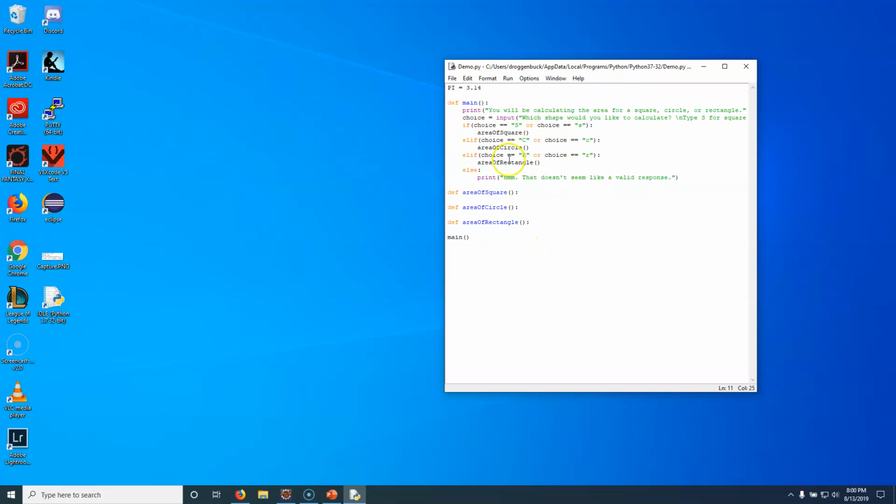All right, so now I have my functions pretty much set up. Now, let's actually have those functions do something. So inside the area of the square, I'm going to come in here, hit enter. And if you remember, the area of a square is just the side of a square squared. So what we're going to do is we're going to say,